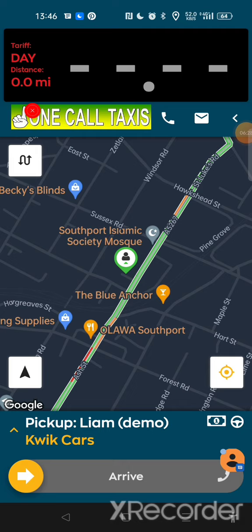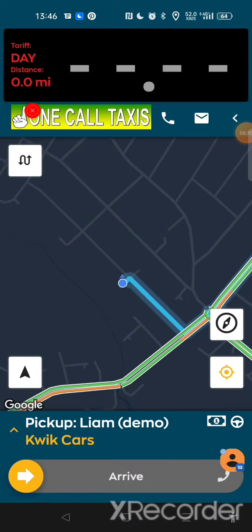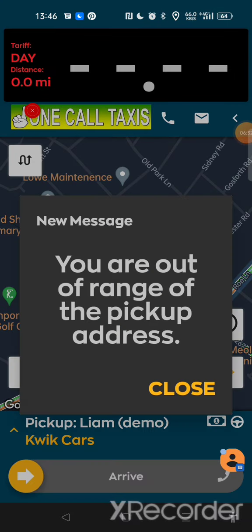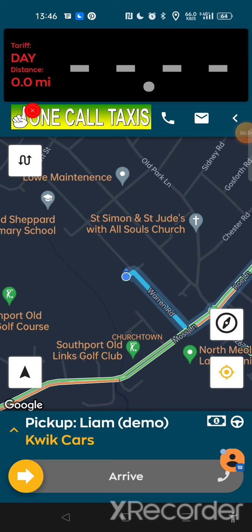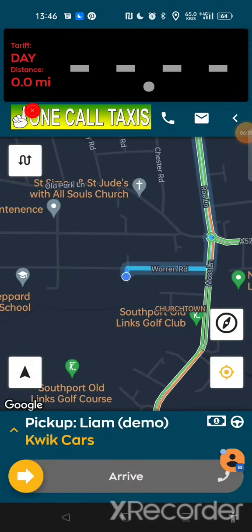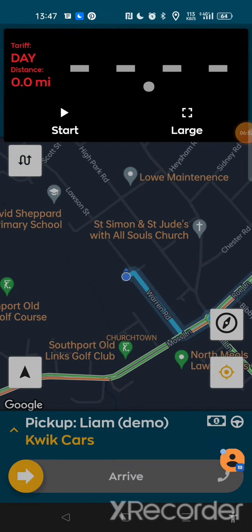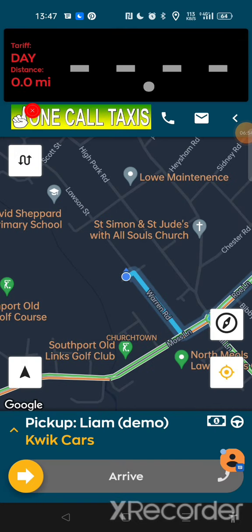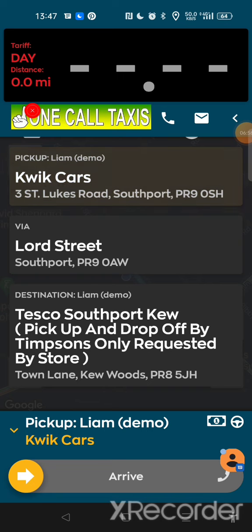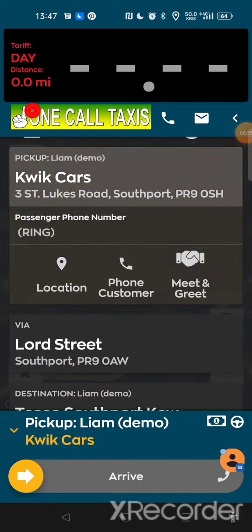So as you're approaching the pickup, you can do swipe to arrive. Might arrange a pickup because it's a test job. So you would do text back, then you can call the customer. Say if you ever got the message you're out of area and you're outside the house, say there's an issue with the customer booking on the app, or they've said they're at one spot and they're actually at another and you drive to it, to start the meter, tap the meter and press start, and that'll just start the meter running as normal. If the customer isn't at the pickup, tap the blue bar, tap the first pickup,